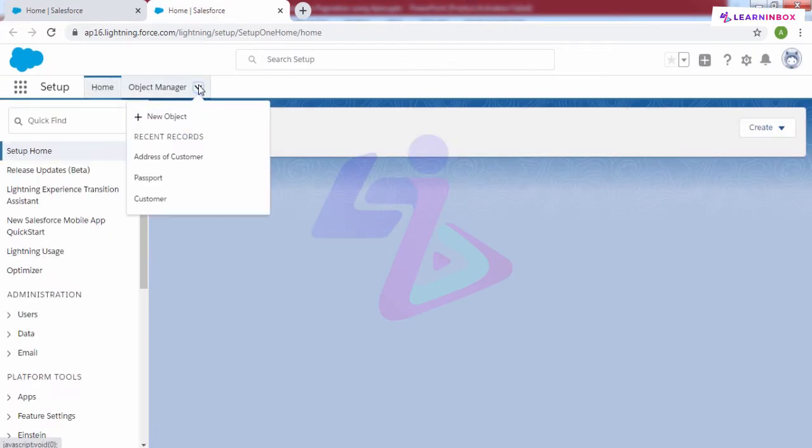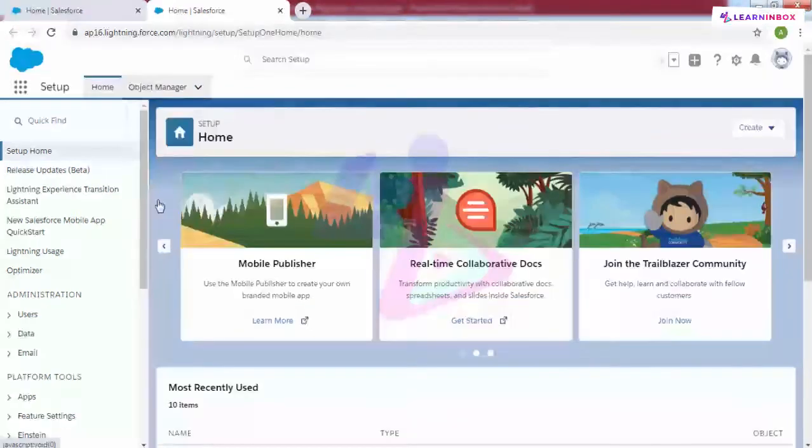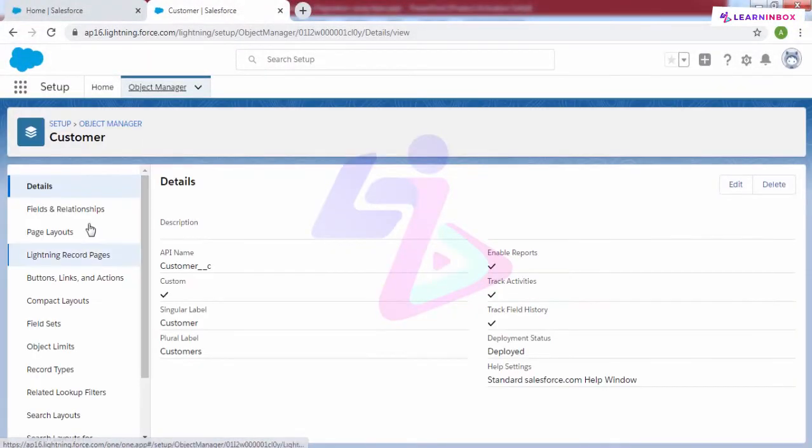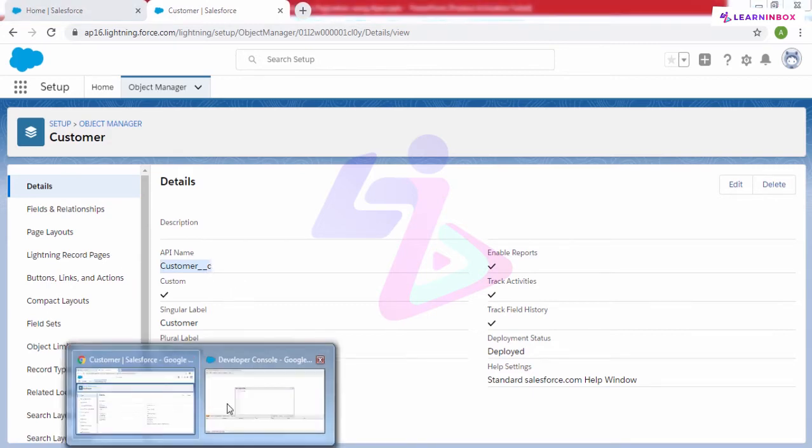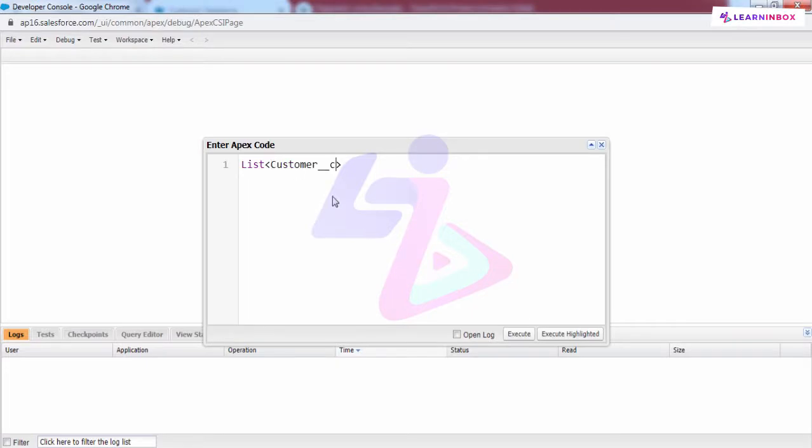In the object manager drop down list, I have my customer object. Here you can see in your customer object you have the API name. So just copy it from here. And I'll paste it here in list.